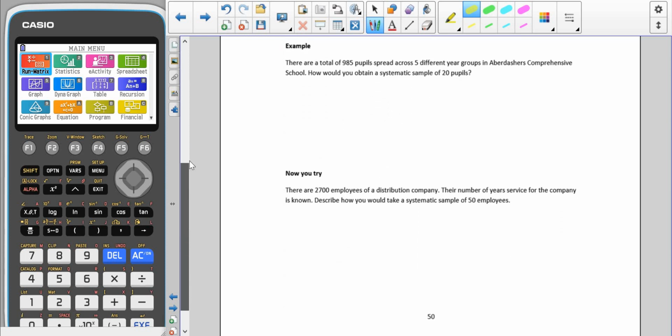So here we have an example. There are a total of 985 pupils spread across 5 different year groups in Aberdasher's Comprehensive School. I think that's pronounced. How could we obtain a systematic sample of 20 pupils? Because they've emphasised here that it's spread across 5 year groups, we could say that we're going to put them in date of birth order, because it tends to suggest that these 5 different year groups are going to be important. So we're going to order